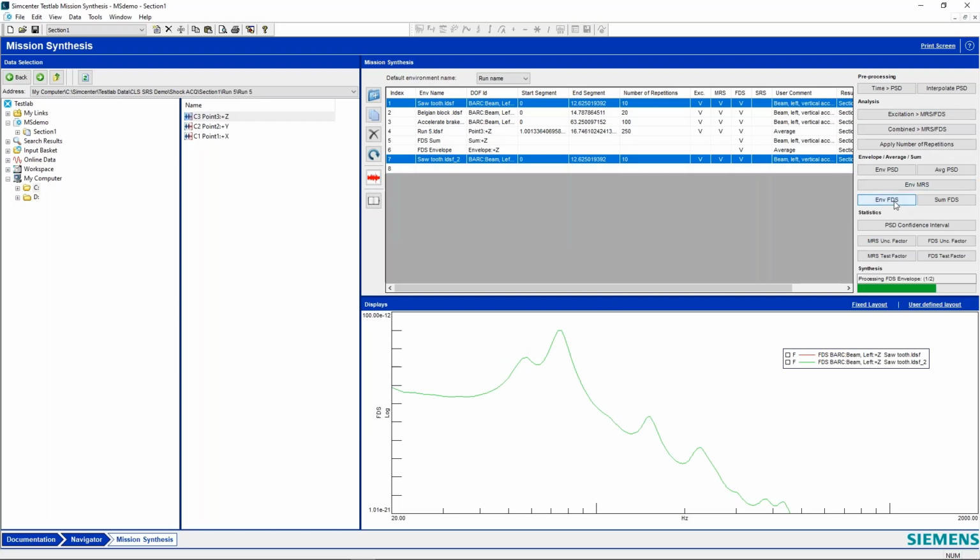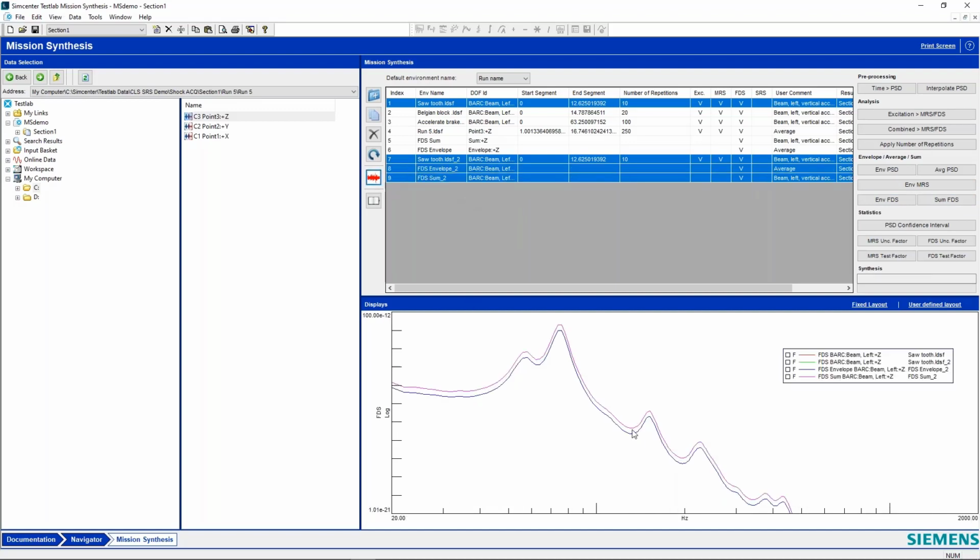But now we'll take the envelope and the sum here and display those. And here we can see what you might expect. Our envelope is right on top of our combined curves, but our sum is some amount higher than our source curves.